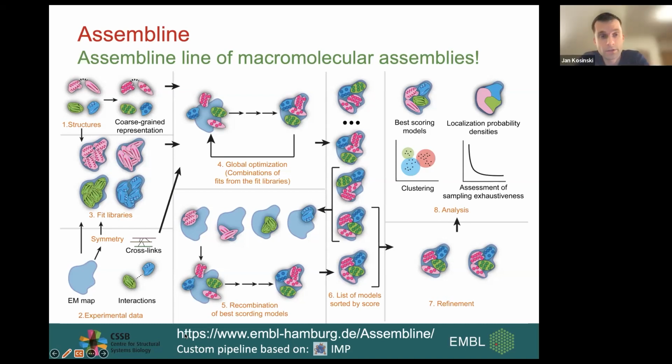Yeah, again, it depends on the differences between subunits and the conformations, so on the shape and the resolution of the map. I think sometimes you cannot distinguish that if you don't have the data. If you have a map of 13 angstrom resolution and a couple of different proteins that have very similar shape and no crosslinks on those proteins, then with the default scoring function that we use, you will not be able to distinguish.